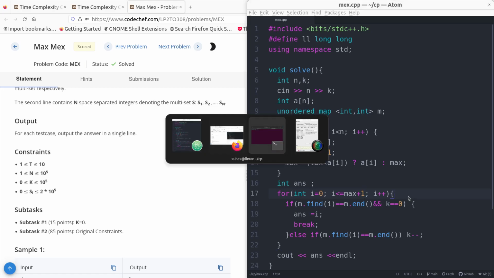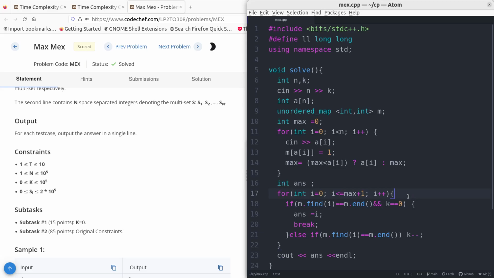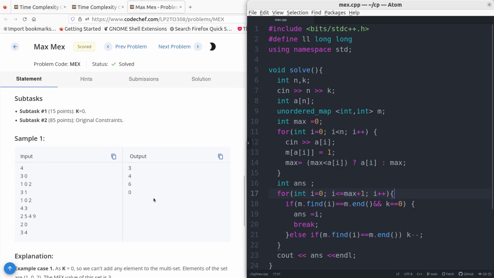And now let's compile. Okay, anyways, now the trick is, you can find the max, but you are given a variable k, so that you can add that many numbers into the array, so that you can maximize the max. For example, if 0 is not found, then you can add 0, so that max changes, and the k value will be reduced. Like if the array is 0 1 2 3,